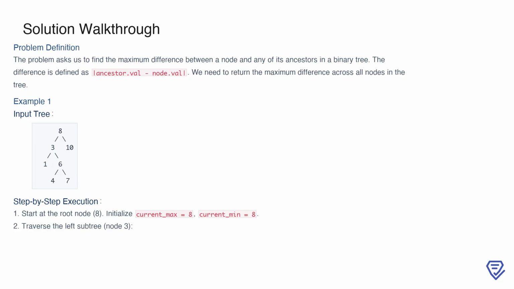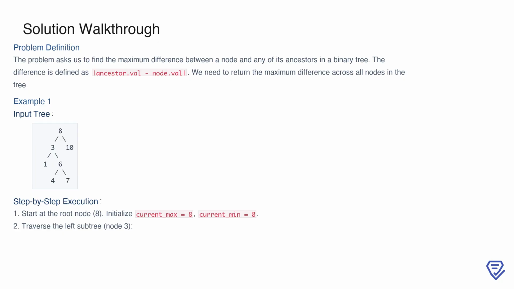Initially, we set the maximum and minimum values to the root node's value, which is 8. As we move to the left subtree, we encounter node 3. Here, we update our current maximum and minimum values to reflect this node's value and continue further into its children. This step-by-step traversal allows us to calculate the maximum difference at each node, ensuring we account for all paths in the tree. The process continues as we explore the leftmost path of the tree first, starting from node 3 and